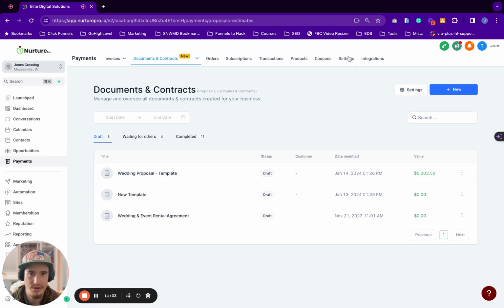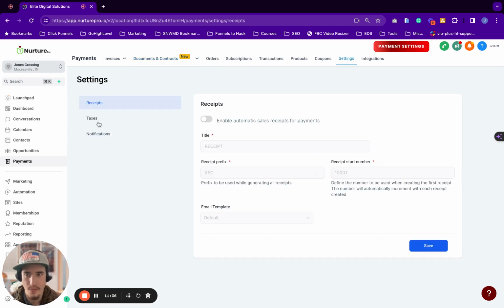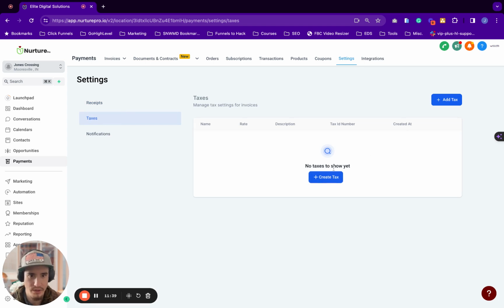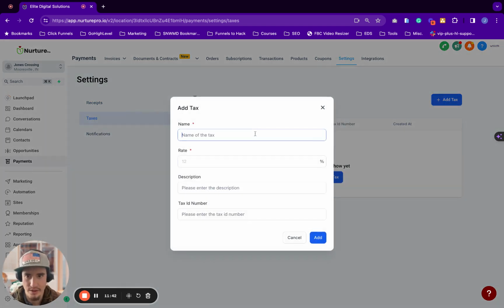If we want to create a new tax, we'll go under the settings and then taxes, and then we can create a new tax. So if we want to add a new tax, we could say credit card. I'll just call it processing fee. And we can say 3.5%. Call this one credit card surcharge. And then we can set it at 3.5%. This will be the description. This will be credit card